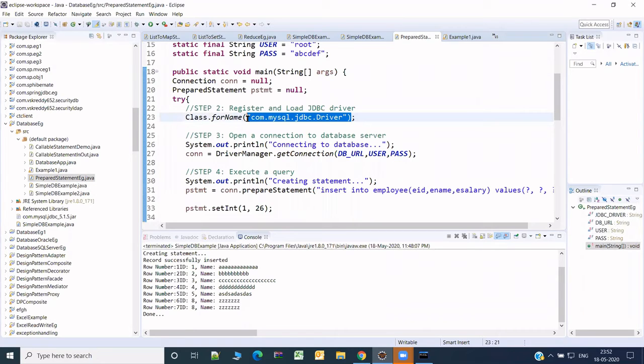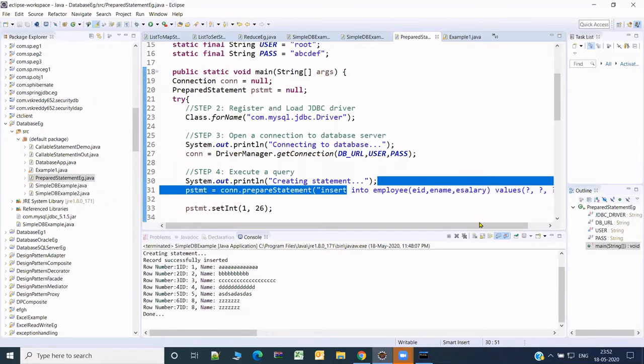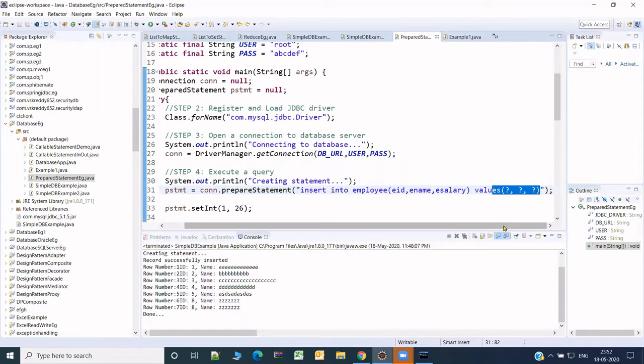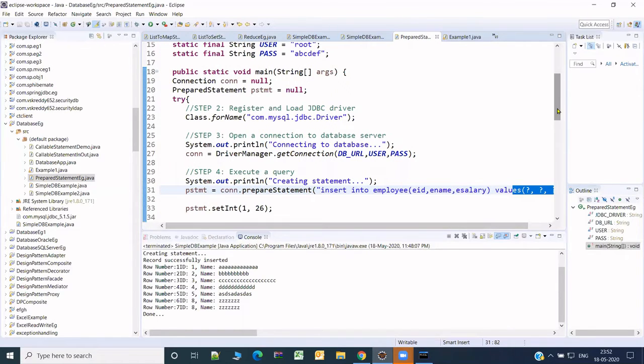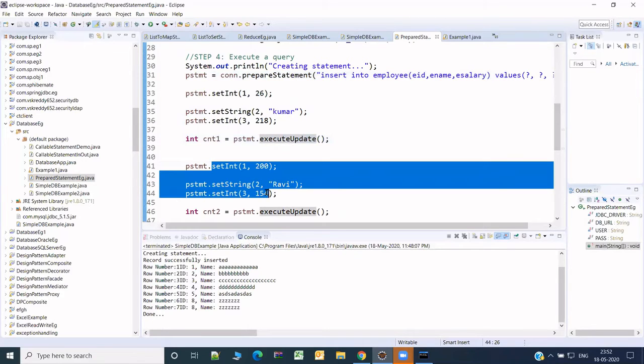Number three, you need to use DriverManager.getConnection to connect to the underlying database. Then, there we used to say con.createStatement, but here it is prepareStatement. So we'll have the statement here, and for the actual values we'll be using the placeholder question mark. Okay, so thereby we can set the values and execute it. Similarly, again you can set the values to the same statement and execute it.